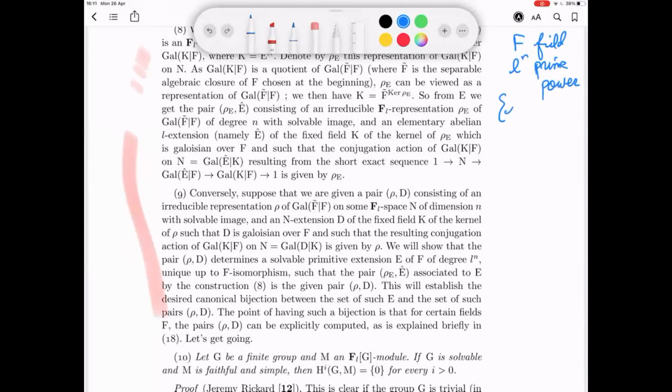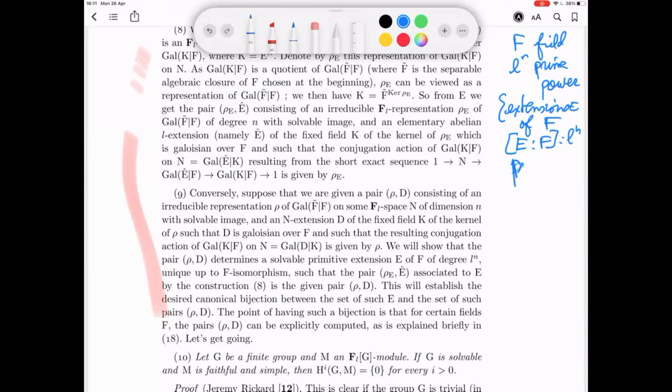And here the set of all extensions E of F of degree L to the n, and the two properties that they should have are primitive,